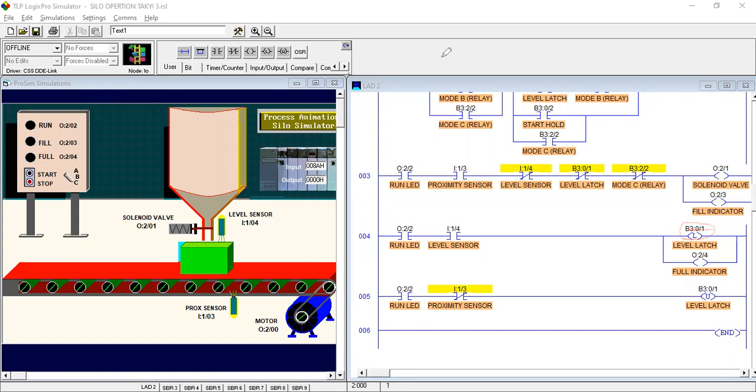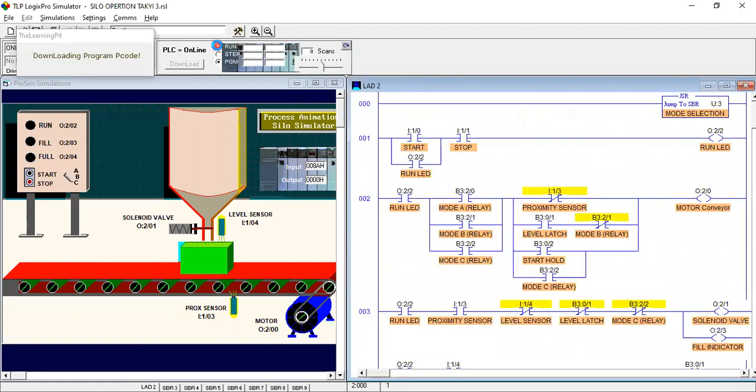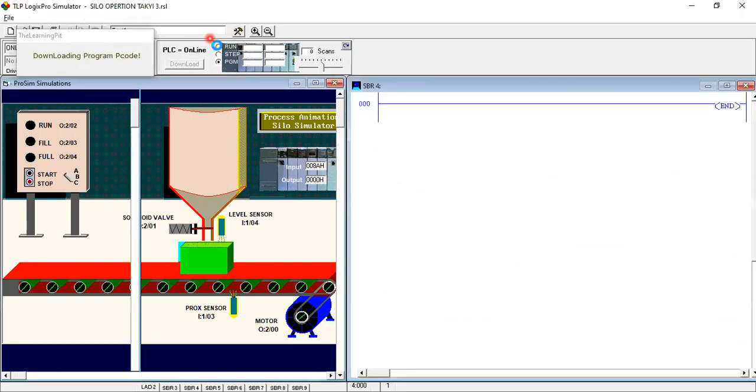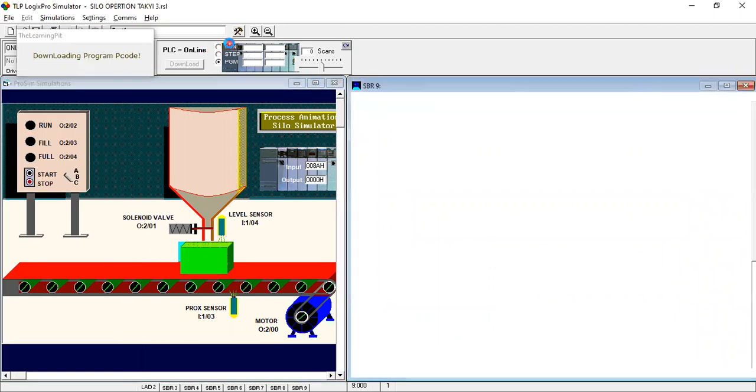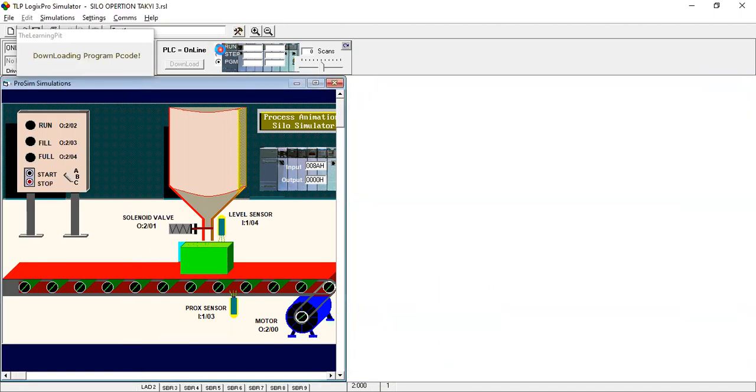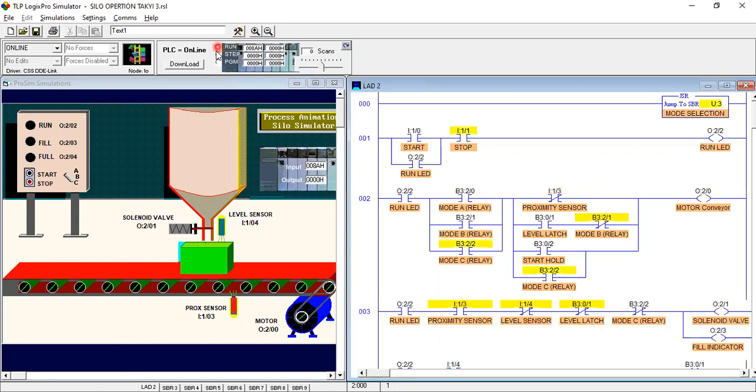Okay, so this is our program, and when we go to the run mode, it will run according to our controlling instructions. So this is the selection part. You can select according to your requirement.